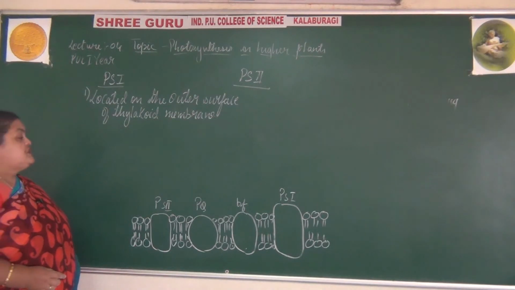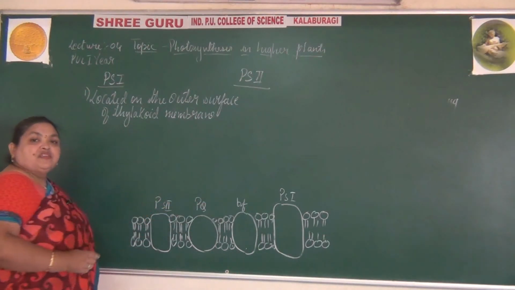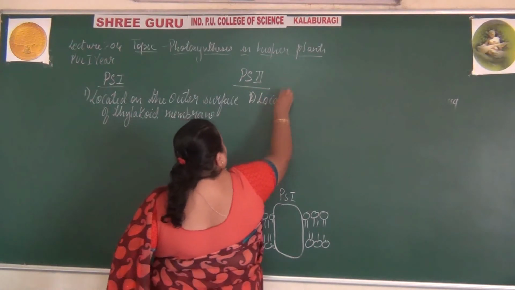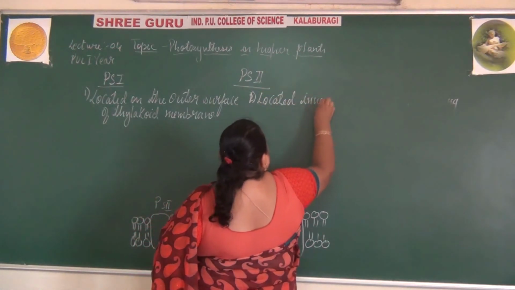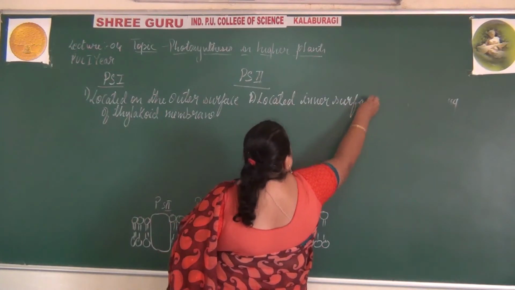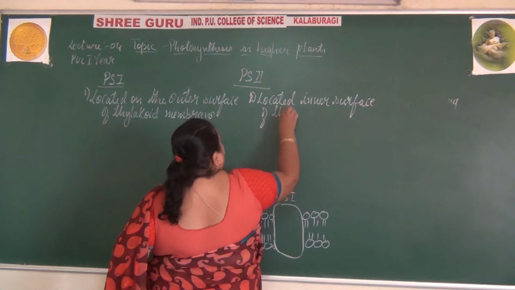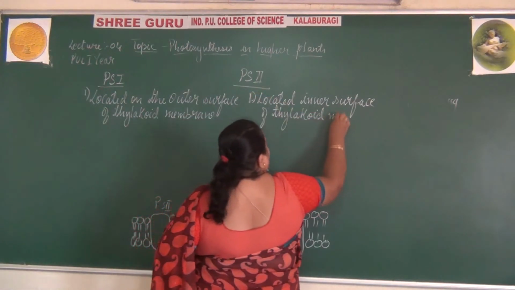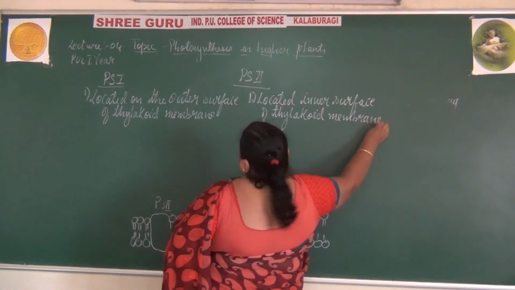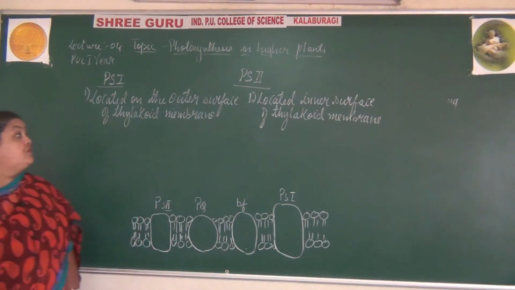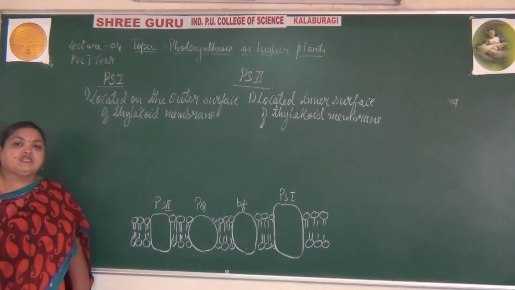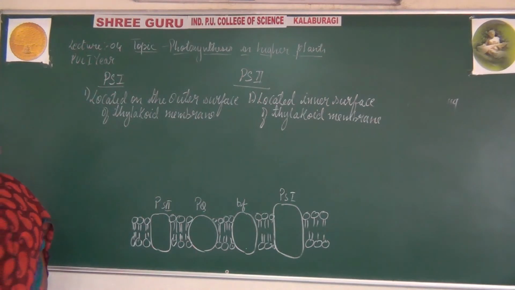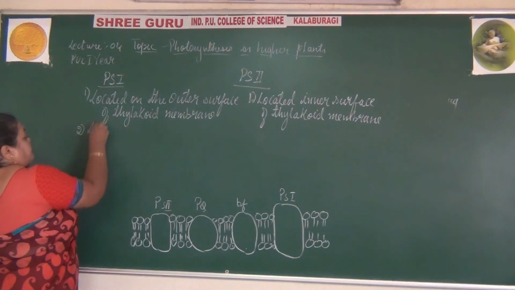Usually the photosystem 1 is present on the outer surface of the thylakoid membrane, while photosystem 2 is located on the inner surface of the thylakoid membrane, and it is activated